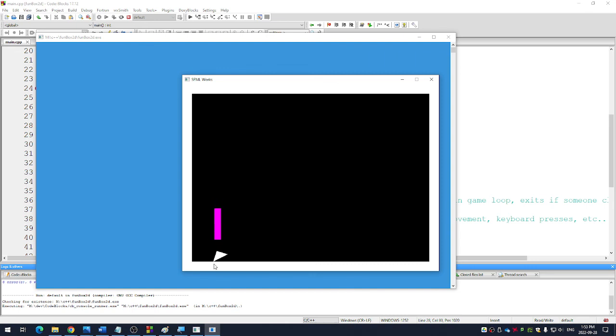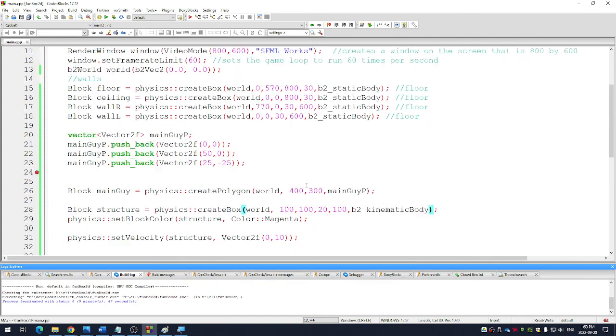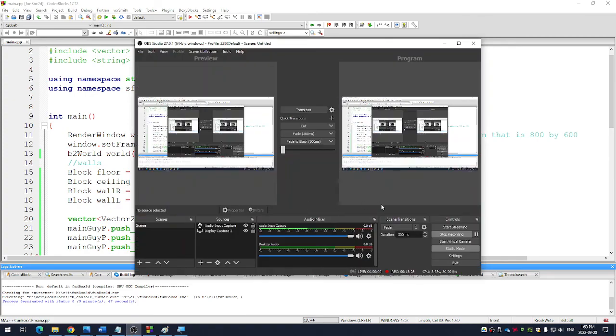See if we can squeeze it off the screen. Look at that. It's like forcing it. It's gone. Okay? So that's how you can make really basic primitive Box2D stuff. If you want to see how I did